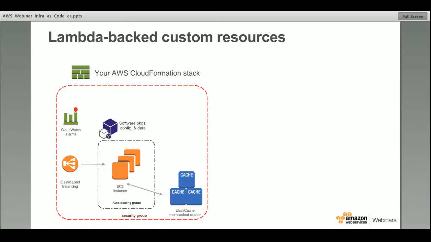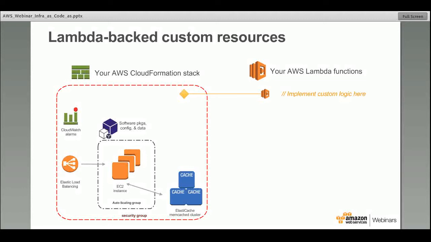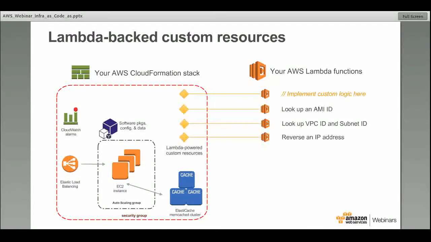And there are several use cases where this might make sense. So for example, let's say you have a set of AMI IDs, and instead of passing in AMI IDs as a parameter or maintaining mappings within the template, you want to write a quick Lambda function that looks up the right AMI ID for you and then makes that AMI ID available in a CloudFormation template. You can write a Lambda function for that.